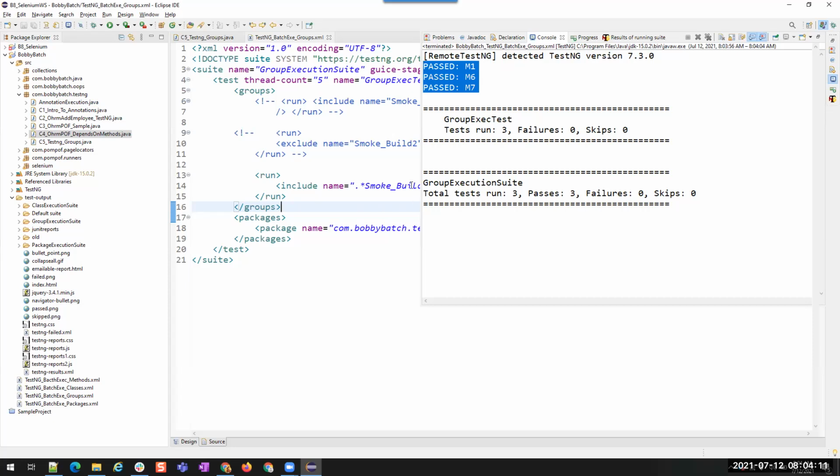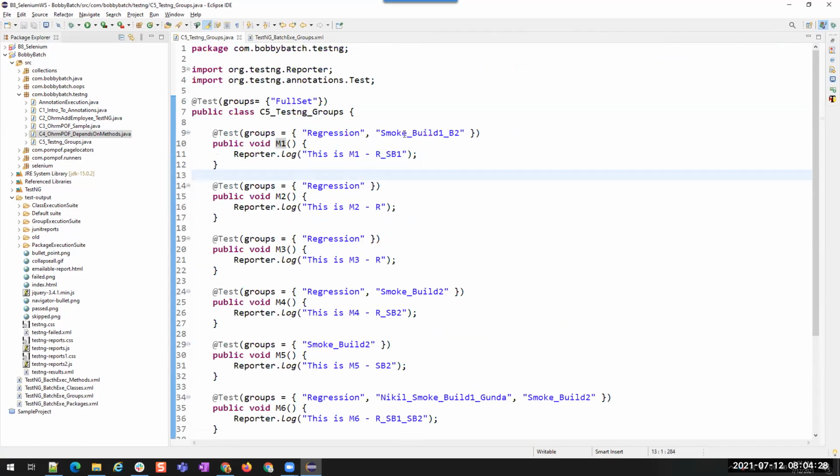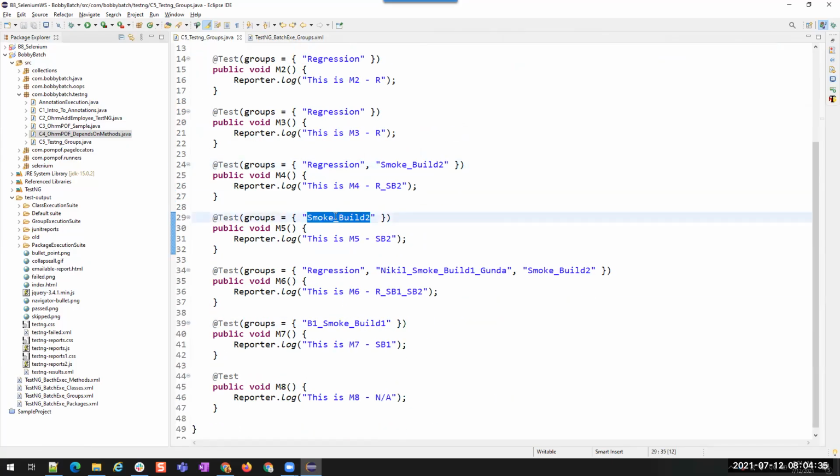Right. Now, I don't care whether it is smoke build 1 or build 2 or build 3 or build 4. I want to execute all the smoke test cases. So in that case, I'll also remove this and then I'll mention the smoke. Okay. So now let us see what are all the test cases that get executed. Here there is smoke, so M1, and then here there is smoke, so M4, and here there is smoke, so M5.